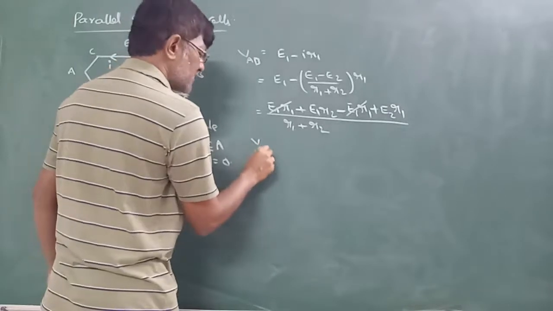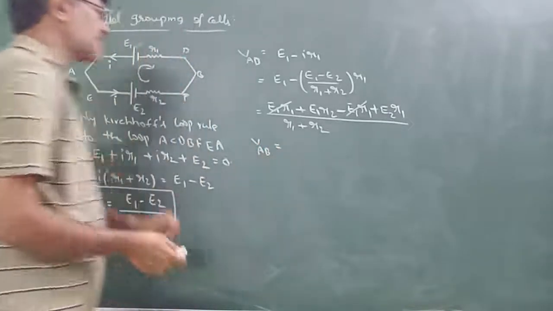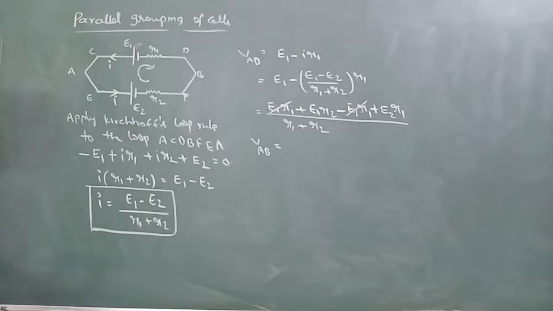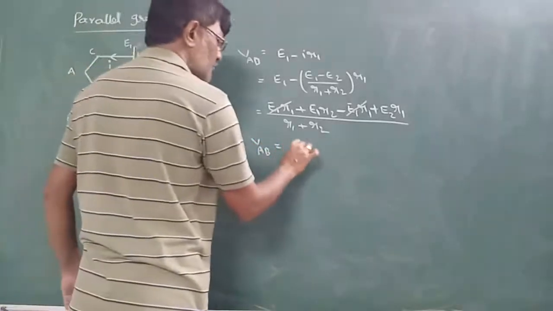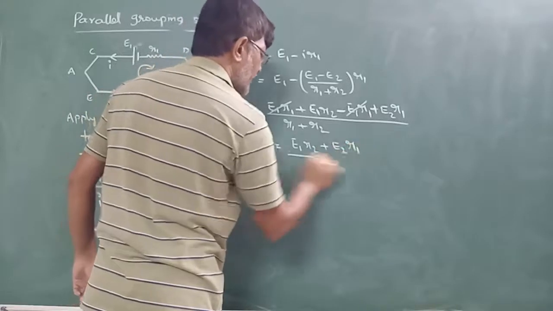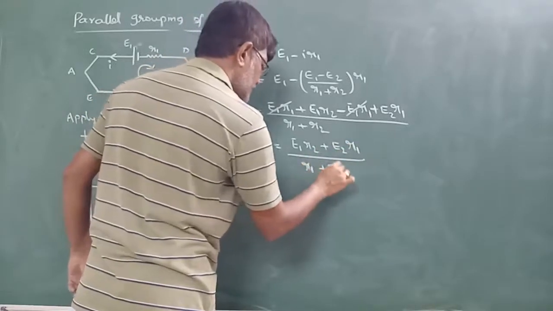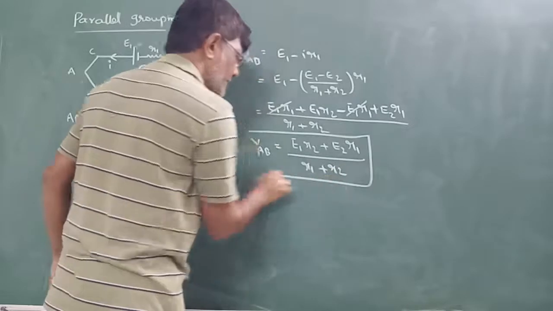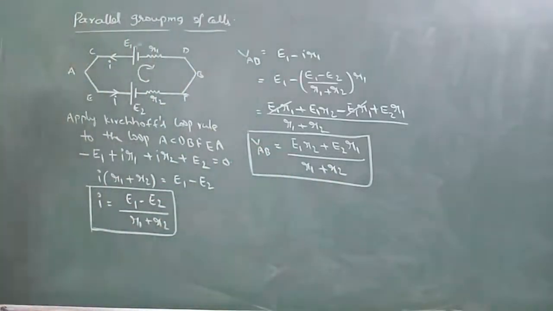So the potential difference across the terminals of any one of the cell is E1 R2 plus E2 R1 by R1 plus R2. That is the potential difference